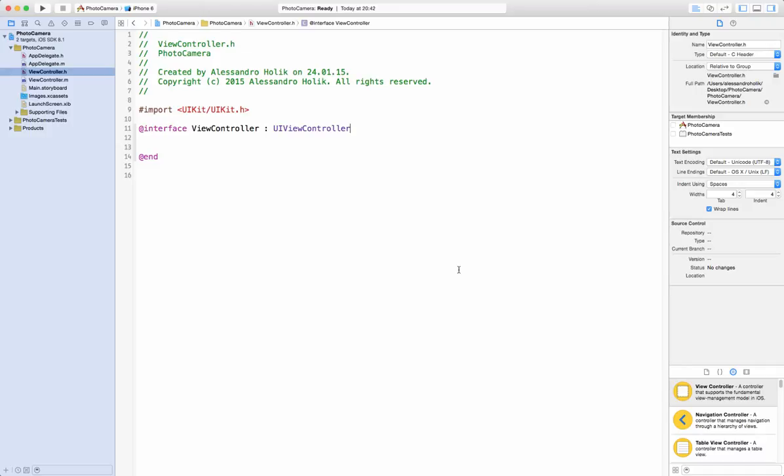What is up, guys? Today we're going to create a simple app that is going to take advantage of the built-in photo camera of the iPhone, and we're going to use it by simply clicking a button in the app, and then the photo camera will pop up and we will be able to take a picture. And once we are finished taking the picture, it will automatically save it to the hard drive of the iPhone